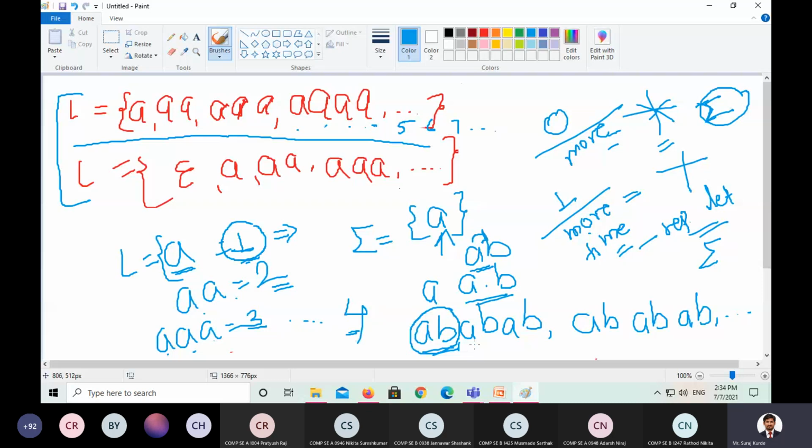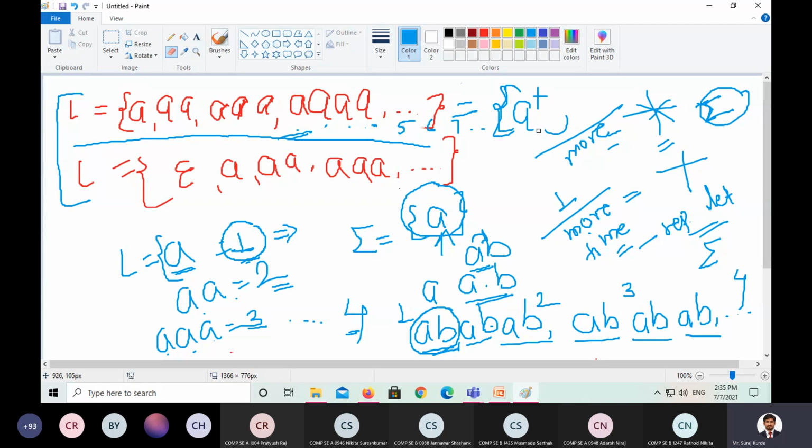Now when we read the pattern, if you understand the pattern, AB is repeated. How many times? It is 1 time, then 2 times, 3 times, and so on, 4 times. So it goes on increasing. The number of appearances increases one time more than the earlier string. Same is the case in these two examples. We have only one alphabet, that is A. Now, for this language, the language can be represented as A plus.